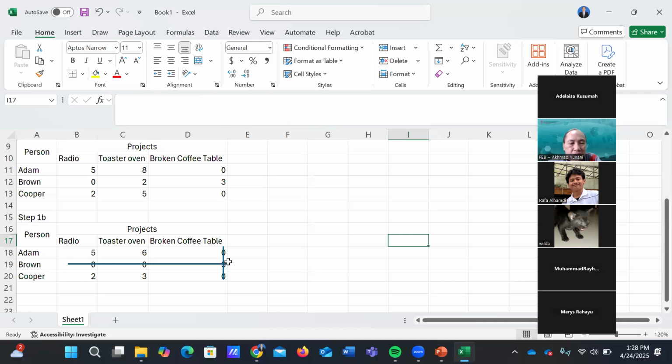How many columns and how many rows do we have in the table? We have 3 rows and 3 columns. So the lines we have drawn to cover the 0 number are only 2, less than the number of rows and columns. So the optimal solution hasn't been reached.